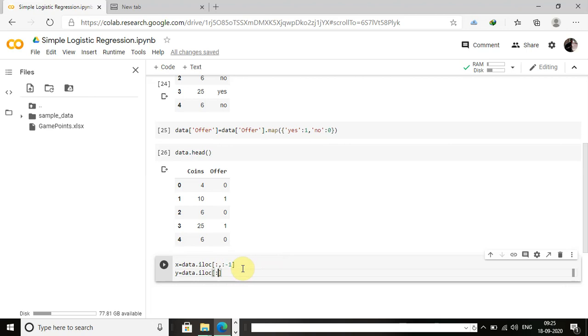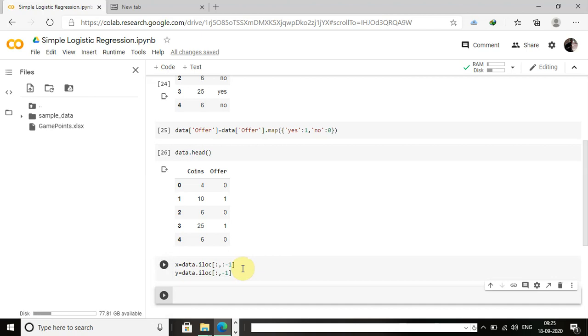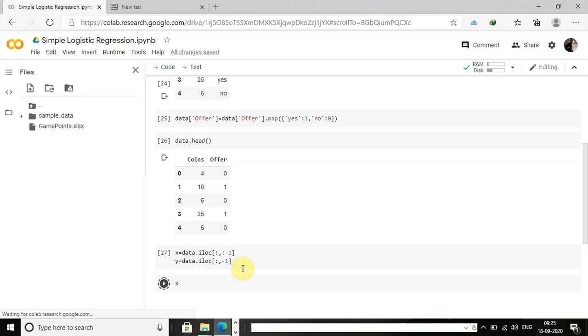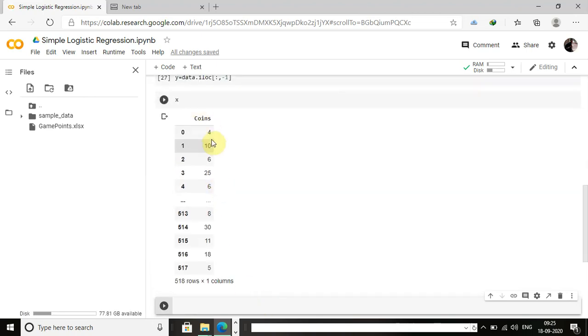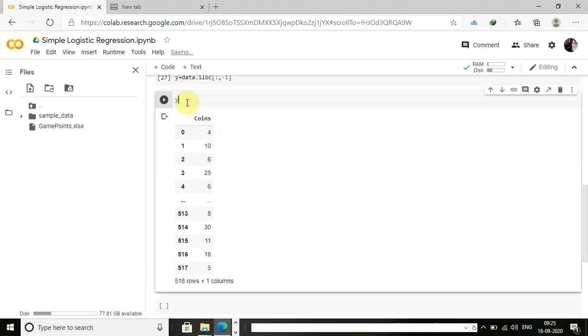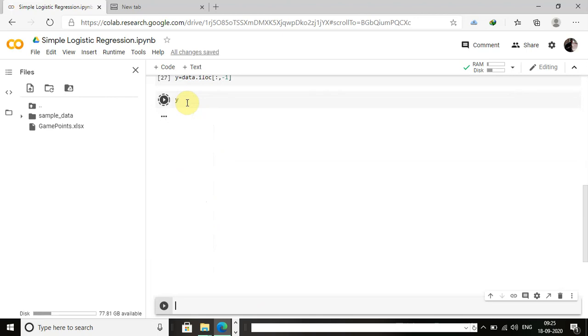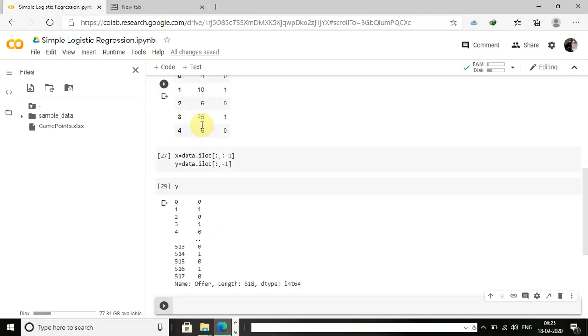In this also I'm going to get all the rows, and I want to mention the last column, which is marked as -1. So if you print these x and y values, you can see that x contains the coins value alone and y contains the offer value alone.